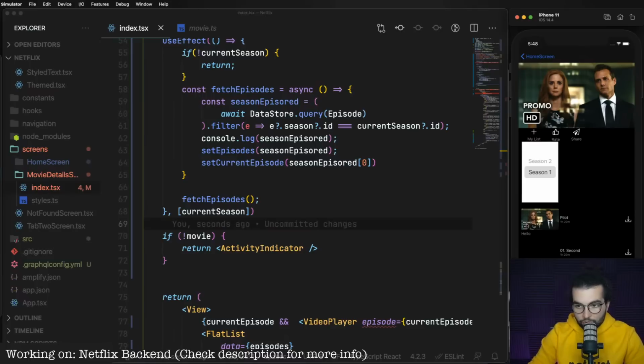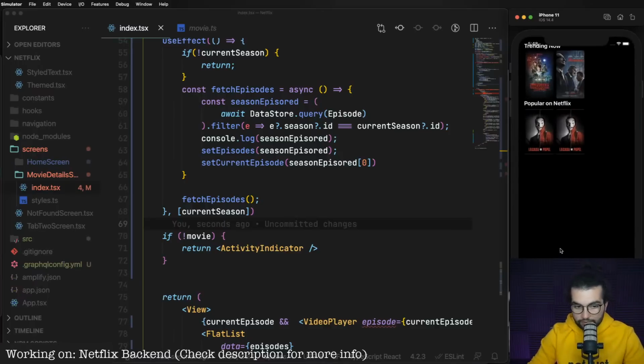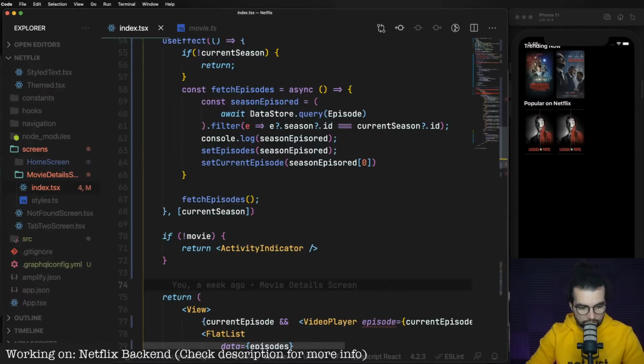So if I turn off the internet, but I know that on the iOS emulator I cannot do that without turning off my actual internet, then we would still see the cached data. At least that's how DataStore is supposed to work. So with that being said, let's